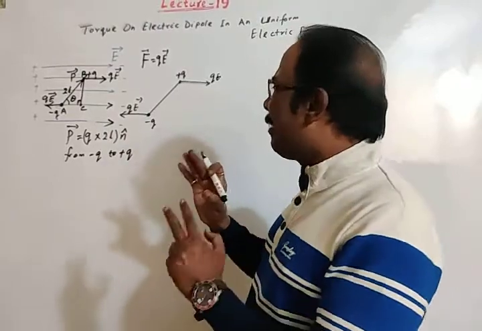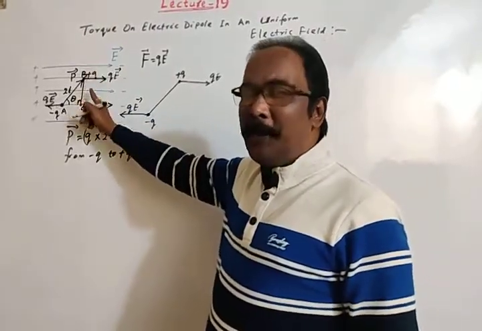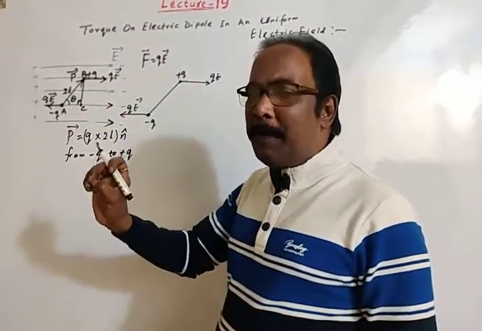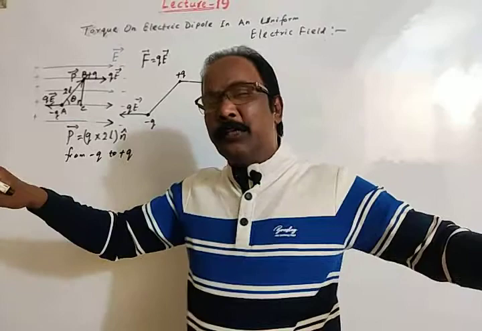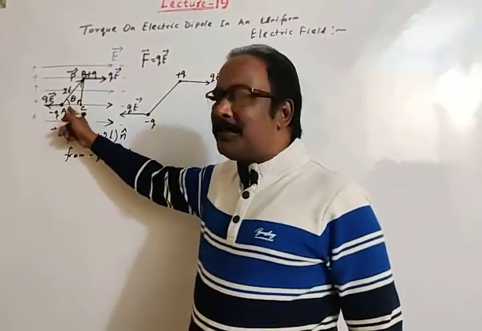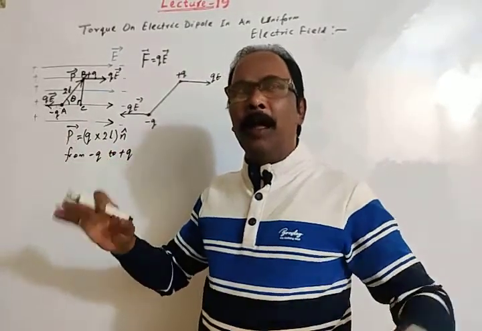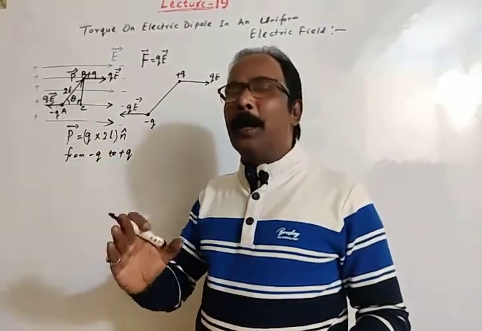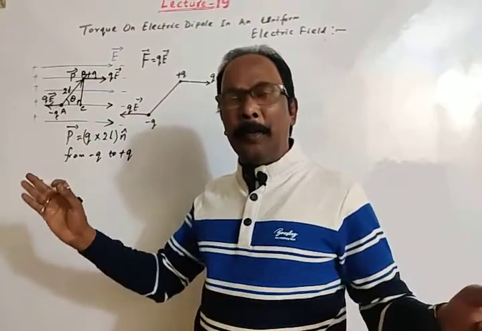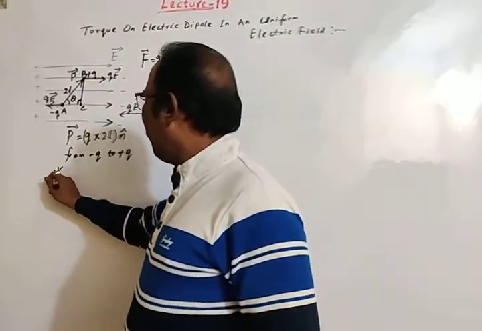Thus it is clear that when a dipole is placed in a uniform electric field, then the resultant force on the dipole is always 0. Here we have taken the angle as theta. We may take any angle, any value of theta. Theta may be 0 degrees, 180 degrees, 90 degrees, 45 degrees, 60 degrees, whatever may be the angle. So I am writing here, when